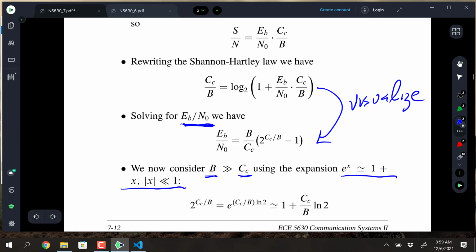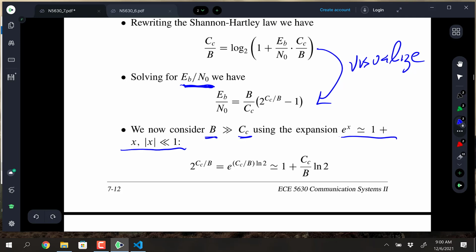using this binomial expansion for e to the x. Now, if you're like me and had never seen this before, I'd say we don't have any natural log or any e showing up in here anywhere, but you can take any log and write it in terms of the natural log, right? So it's just going to be the conversion that he's going to go through. So e to the x, for CC over B being the exponent being small, is approximately 1 plus x. That's just the first degree polynomial representation for e to the x, and then put that substitution inside of here,